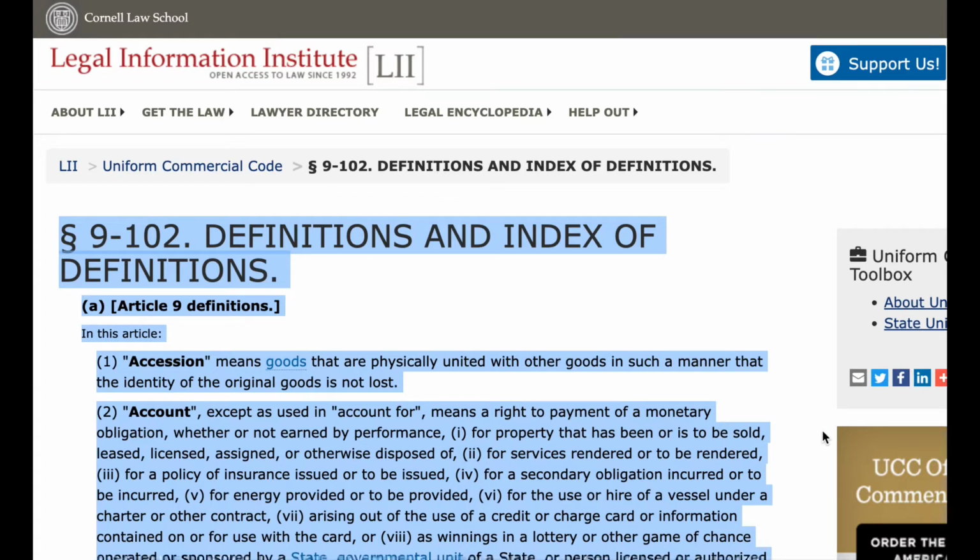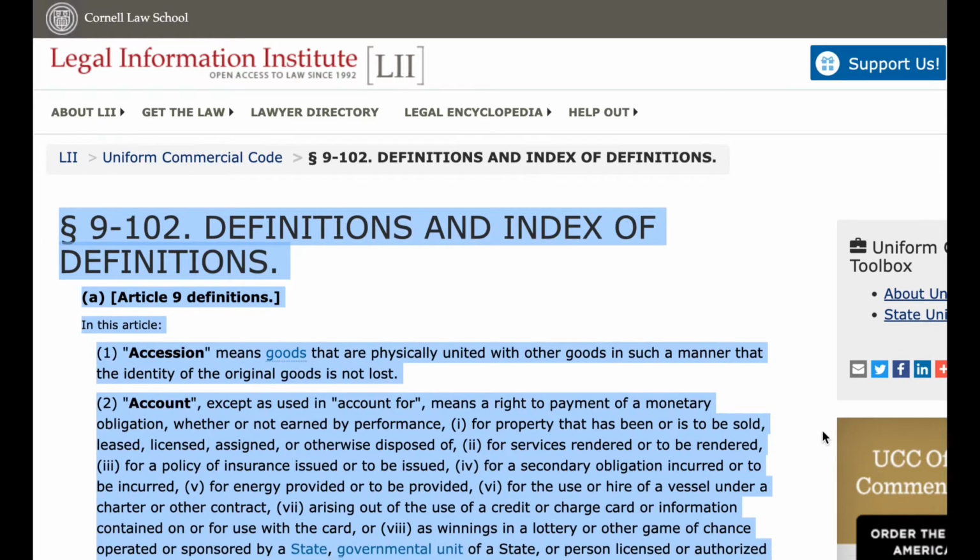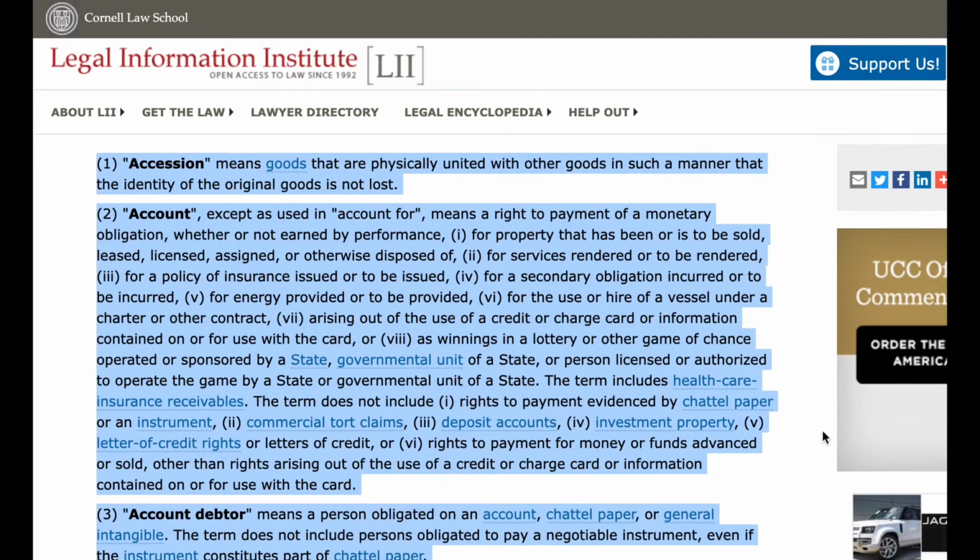A. Article 9 Definitions. In this article: 1. Accession means goods that are physically united with other goods in such a manner that the identity of the original goods is not lost. 2. Account, except as used in account for, means a right to payment of a monetary obligation, whether or not earned by performance, i. for property that has been or is to be sold, leased, licensed, assigned, or otherwise disposed of;